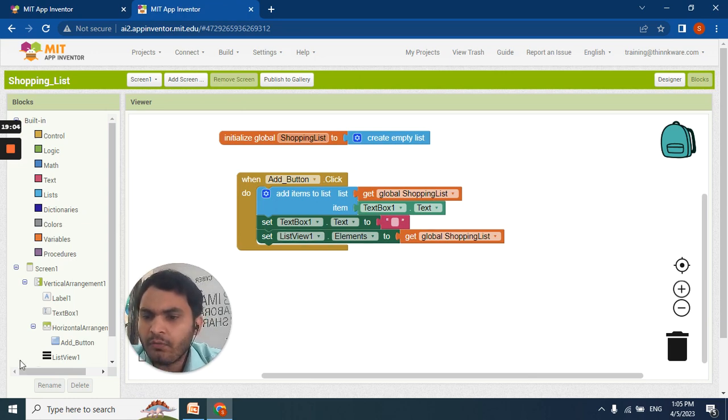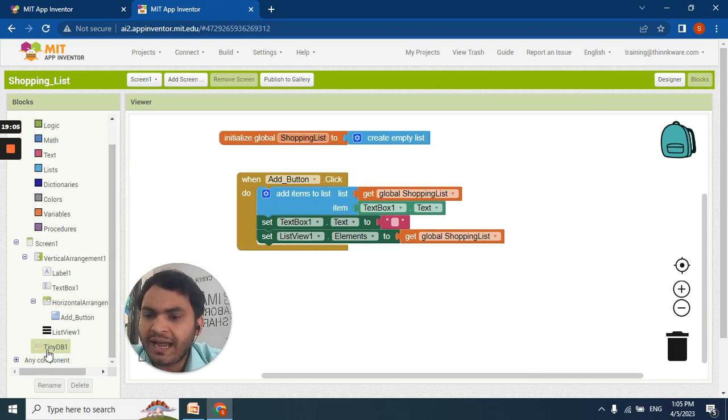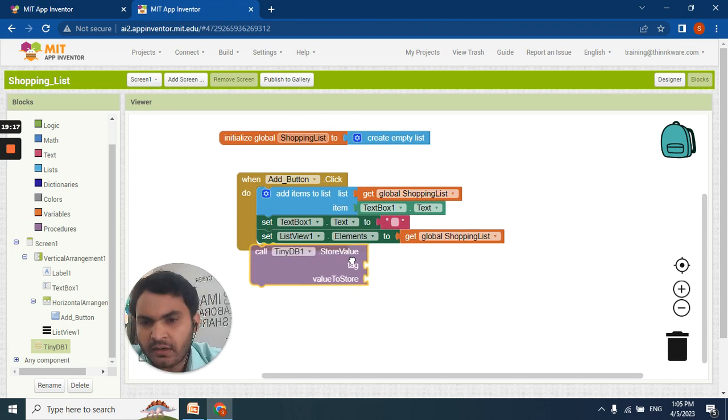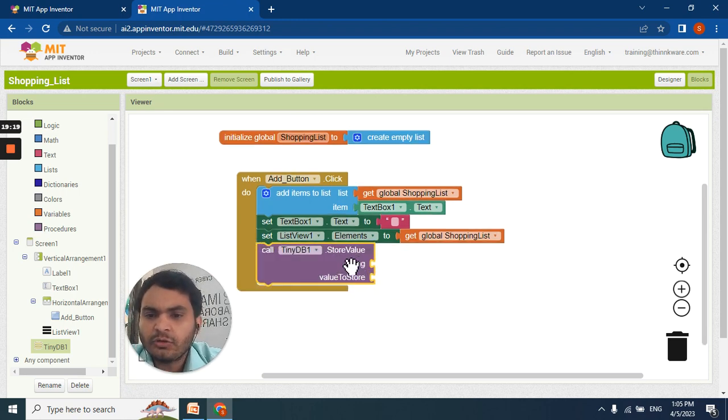Now we need to go to Tiny database so that all the list can be saved or stored there. To store our added list items, we need a Tiny database, so here I am adding a block for Tiny database.